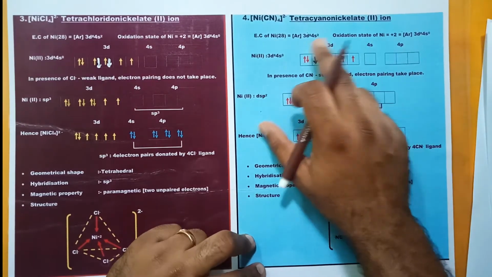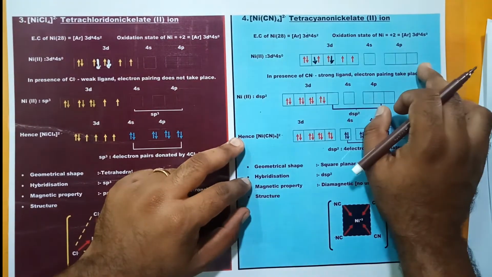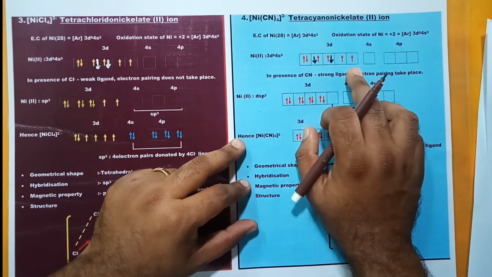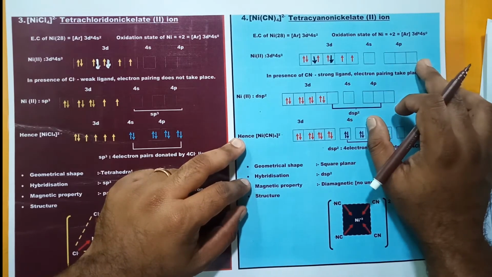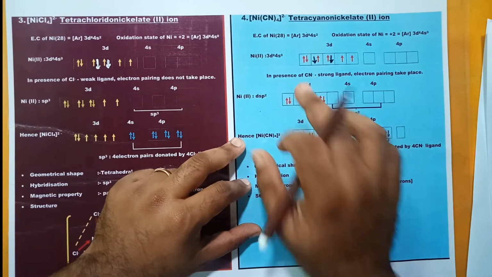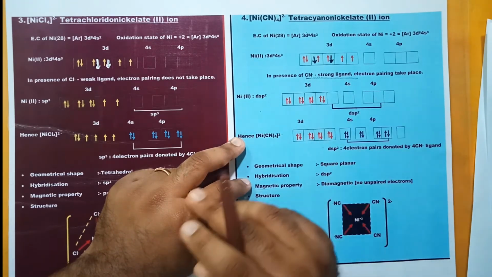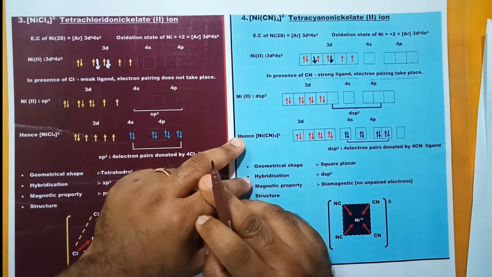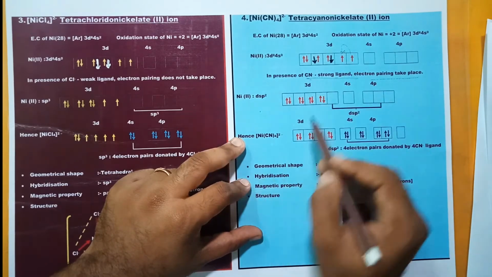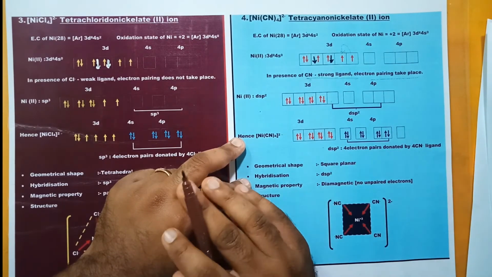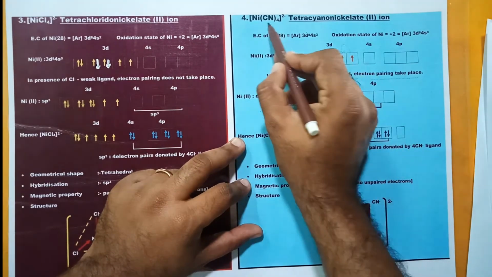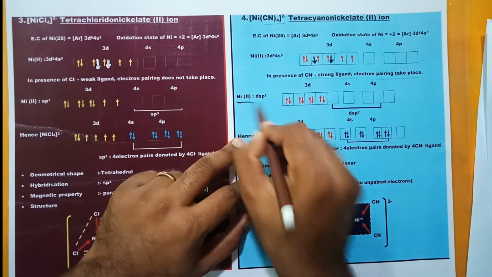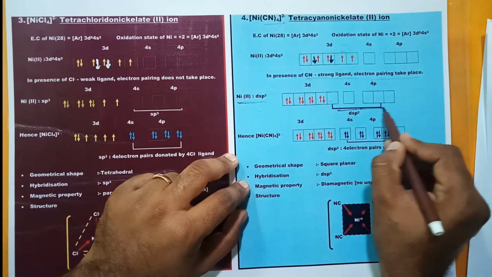You know that the oxidation state of nickel here is also +2, and the orbital of this nickel is Ar 3d8. Here 8 electrons are present in the 3d orbital, and 4s is an empty orbital, and 4p is also an empty orbital. Look here friends, this is very important. In the presence of a strong ligand, CN is a strong ligand, electron pairing takes place. So this electron shifts here and it provides a vacant orbital for the incoming ligand. Is it clear friends? There are 4 cyanide ions, 4 ligands which approach the central metal atom, that is nickel. So this nickel provides 4 vacant orbitals here.